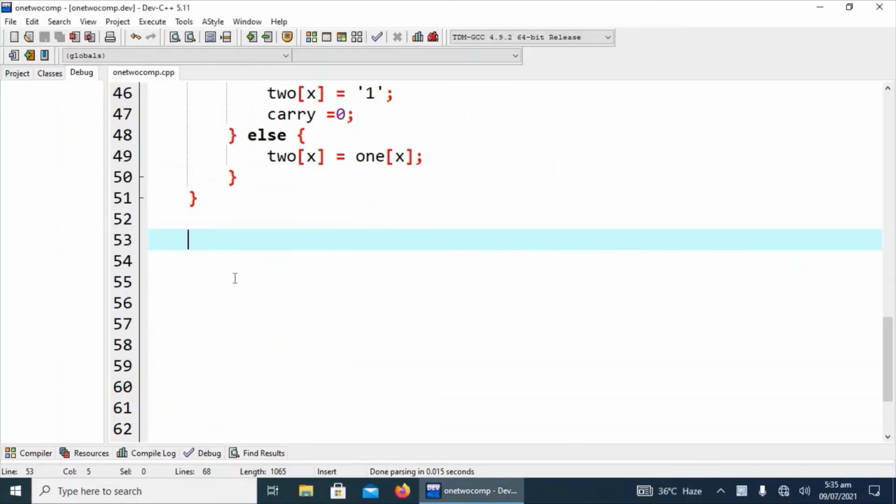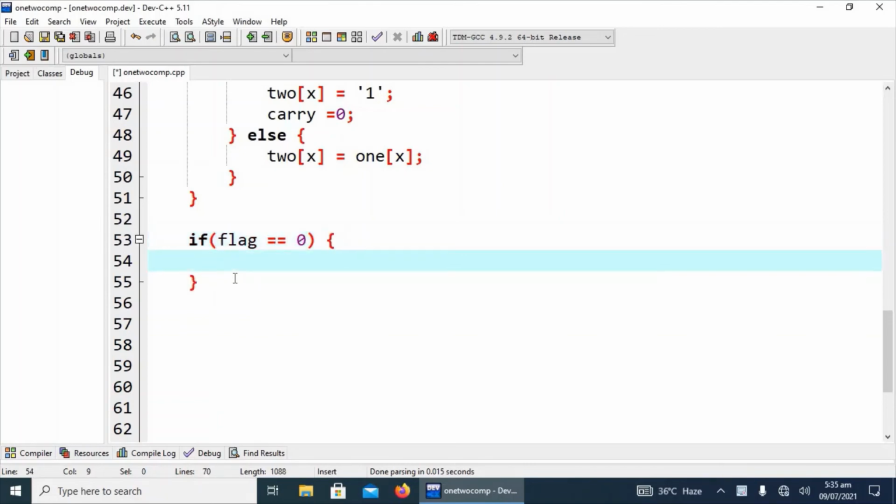So let's start writing the final lines for execution and getting output. We say that if flag is as we have set, meaning no digit other than binary comes in the binary number, then we will say cout binary number, and we will print the array.